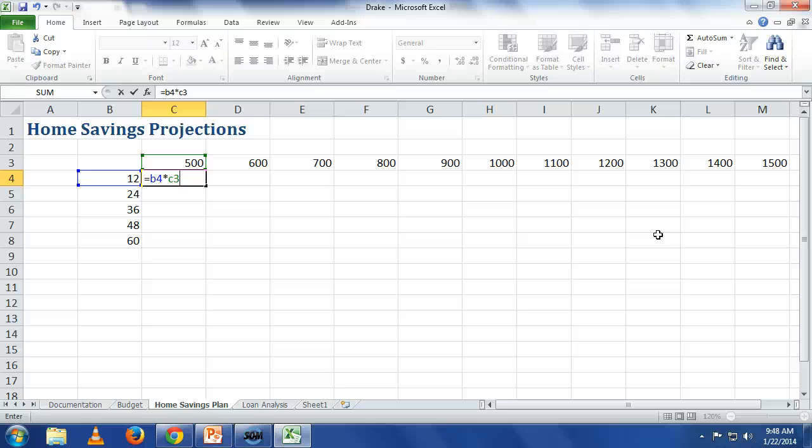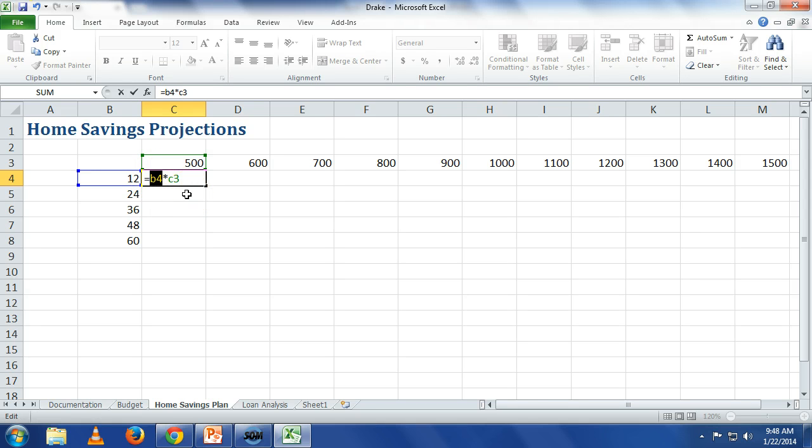Of B4, there's two components. There's the row and the column. Which part do I want to adjust when I copy down, and which part do I want to always reference? What part do I want to make static? Let's go ahead. The B portion, right? I always want to be in the B portion. So if I take that part